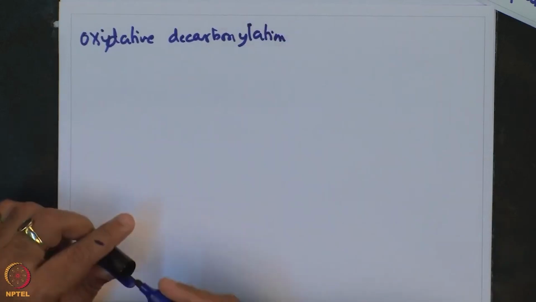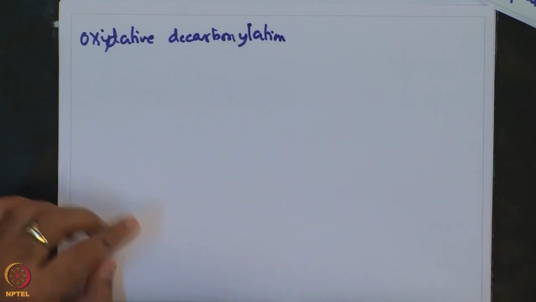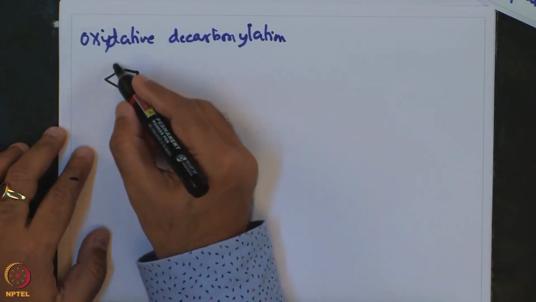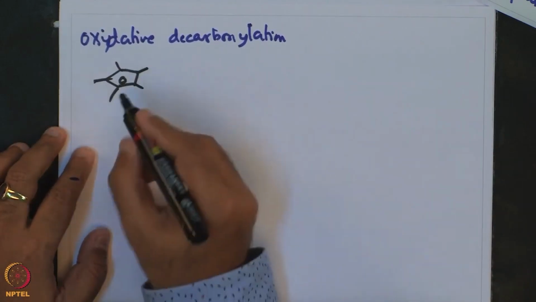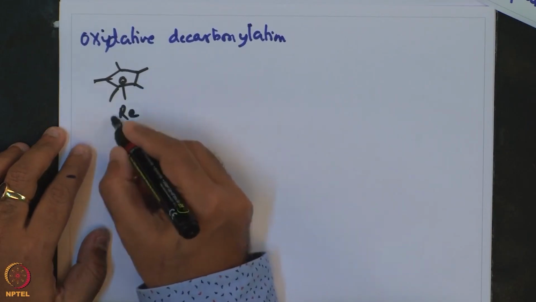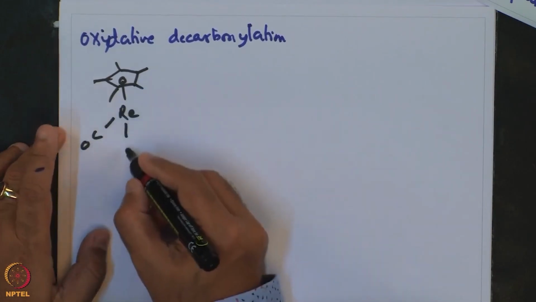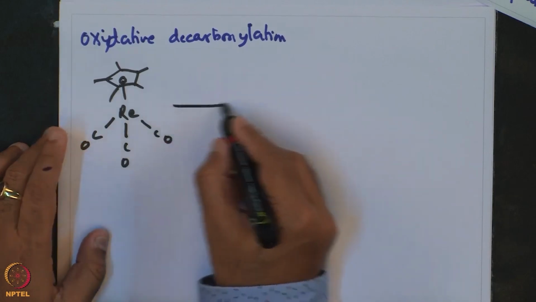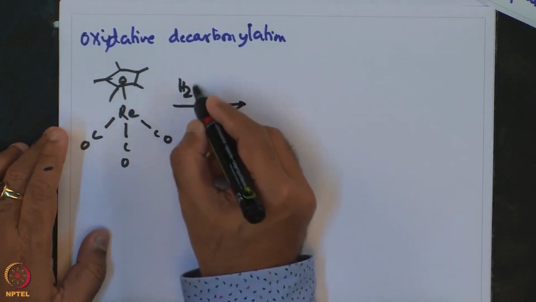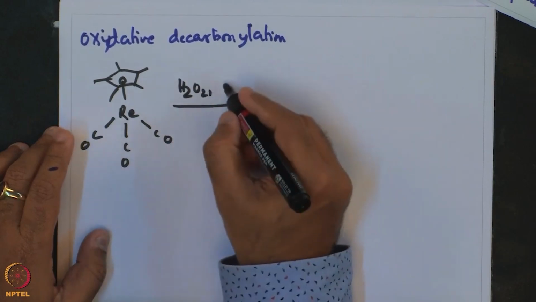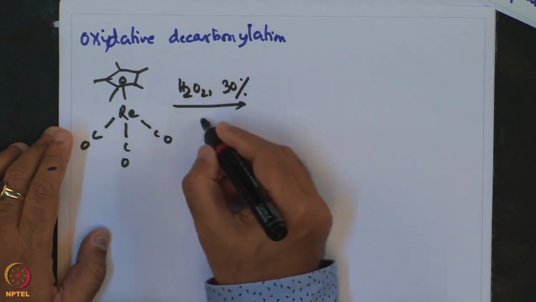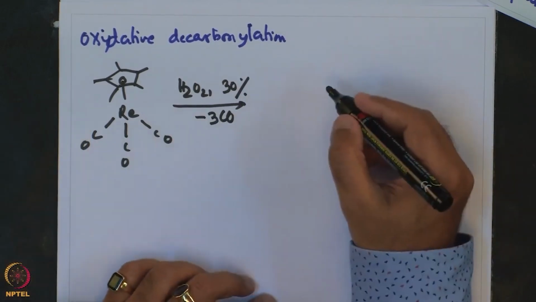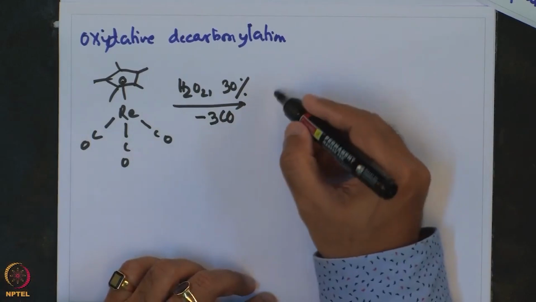So, the reaction involves the reaction of Cp star rhenium tricarbonyl reacting with hydrogen peroxide 30%, leading to elimination of 3 carbonyls